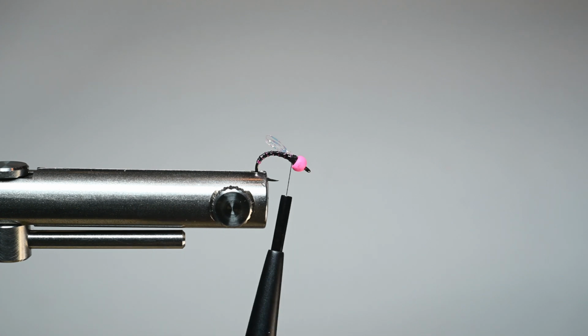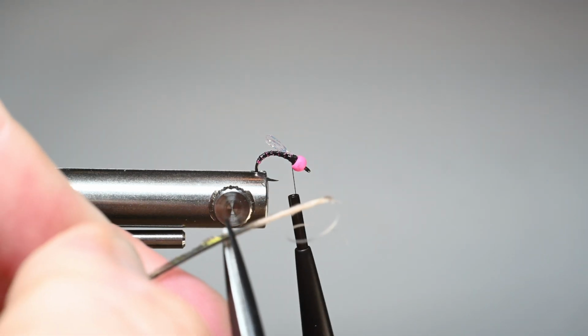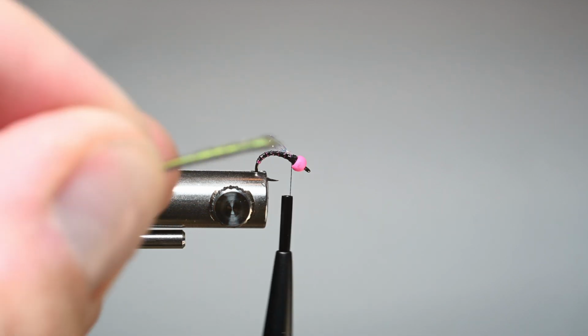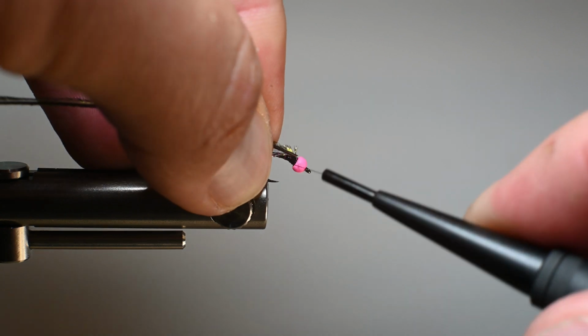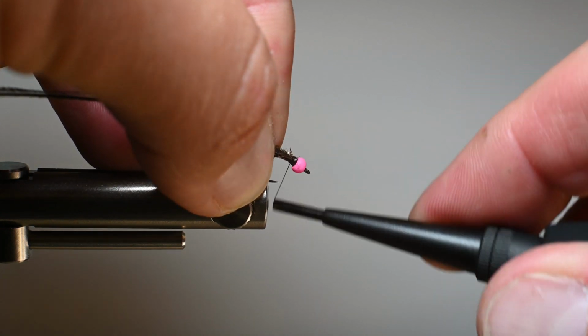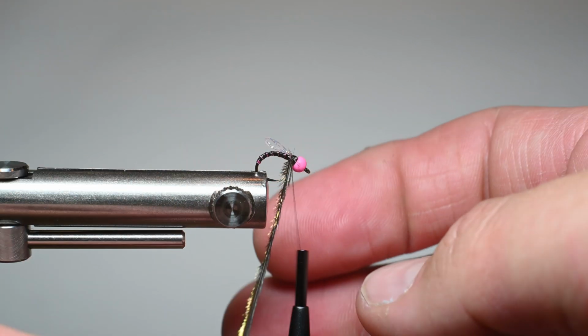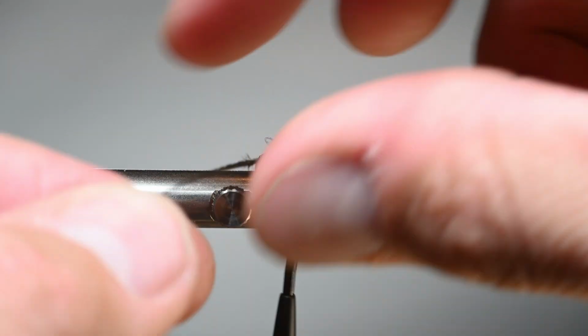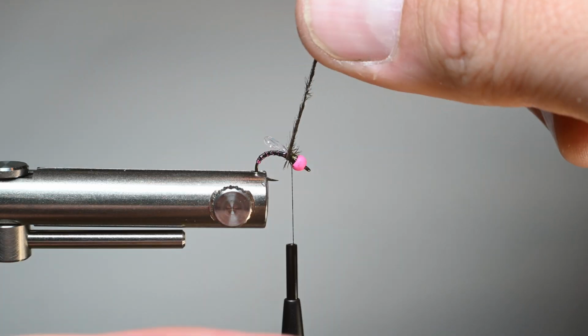And that is the last step of this fly. Is we're going to take some Peacock. I just took it right off the stem there, and we'll go ahead and tie this in right here on the top of the shank with about 3 or 4 wraps, and then we will end our thread right there towards the front. And Peacock's very interesting, especially on this size. I want to make sure that I orient it right so we're not seeing as much stem,